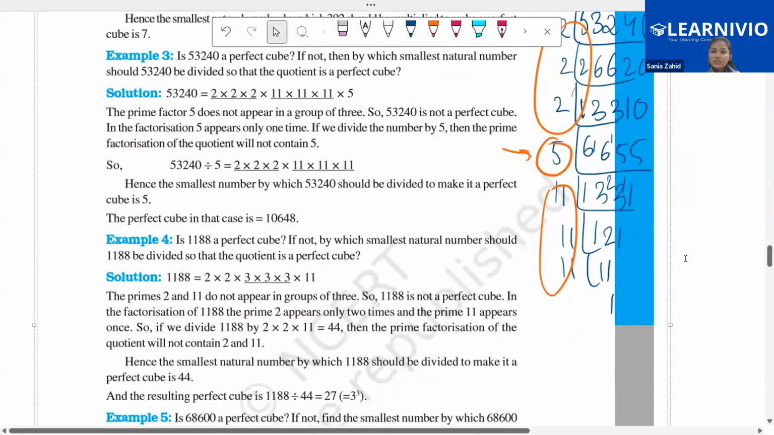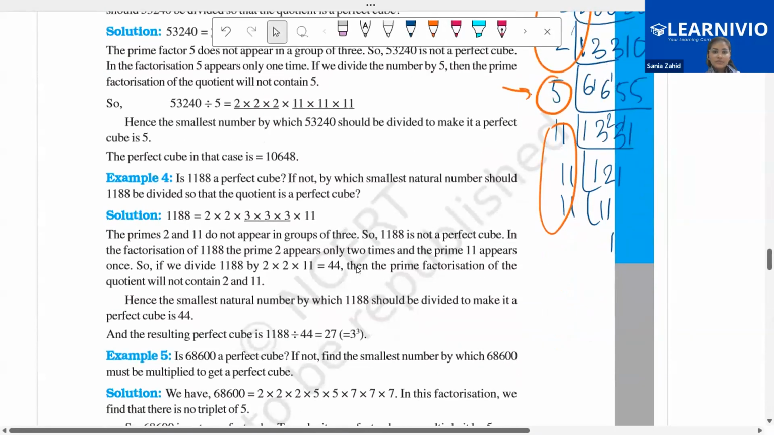So these are easy questions, right? You can do them. Again, this is the question: find if 1188 is a perfect cube or not, and if not, find the smallest number by which it must be divided so that the quotient is a perfect cube. Now again,